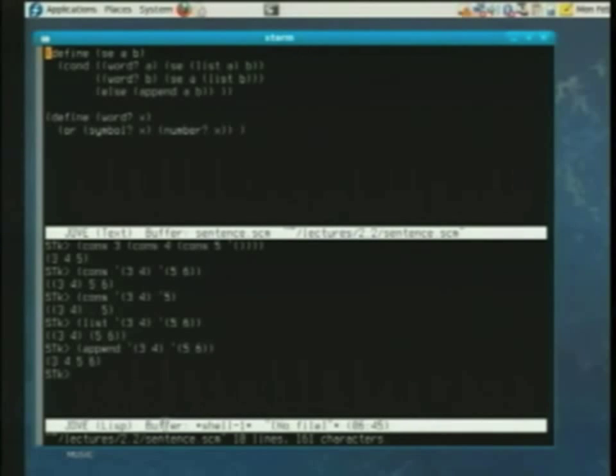And at its core, the implementation of sentence uses append. Oops, I've lost my cursor. There it is. Okay, so the essence of it is right here. But since append only takes lists as arguments, first we say, is A a word? If so, make a list of length 1 out of it and call sentence again. Is B a word? If so, make a list of length 1 out of that, call sentence again. So by at most the third time through, we have all lists, and then we can